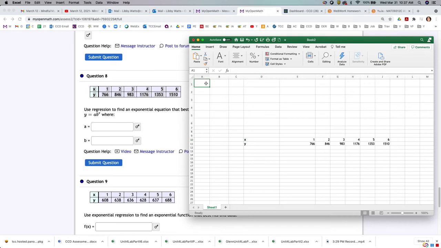All right, so now I'm going to go up here and type them: 1, 2, 3, 4, 5, 6, and 766, 846, 983, 1176, 1353, and 1510. If we're real fancy, we could have Excel grab these values for us and just stick them in here, but that's okay. All right, so now I want to highlight, well, you need at least 2 cells to put the